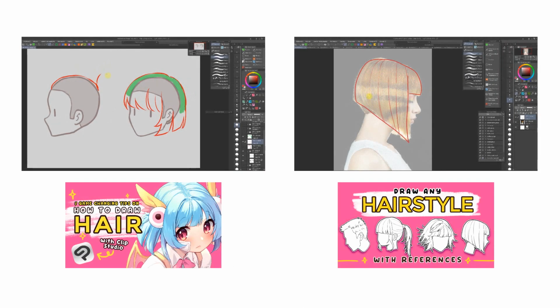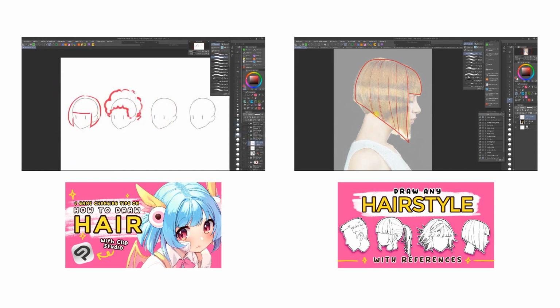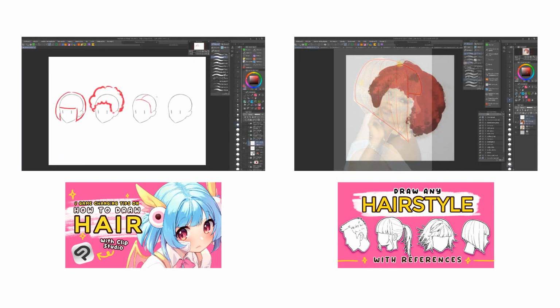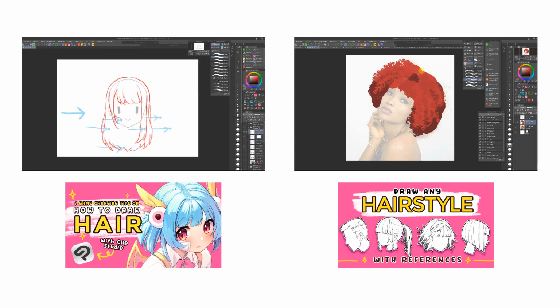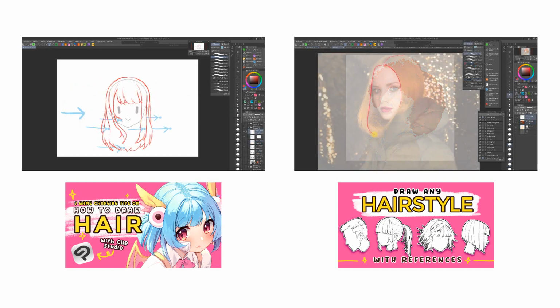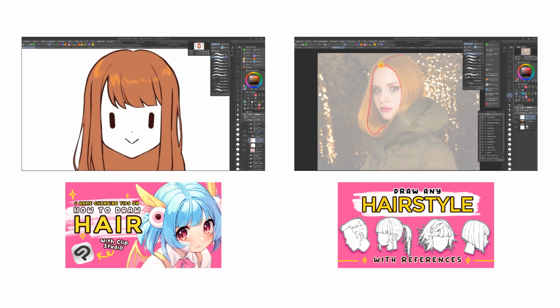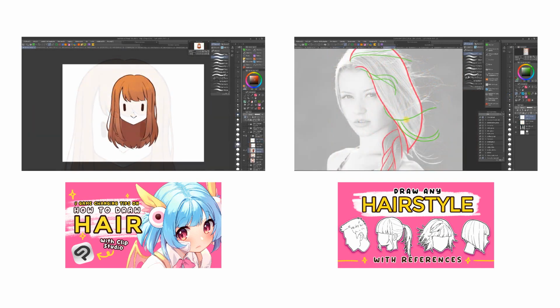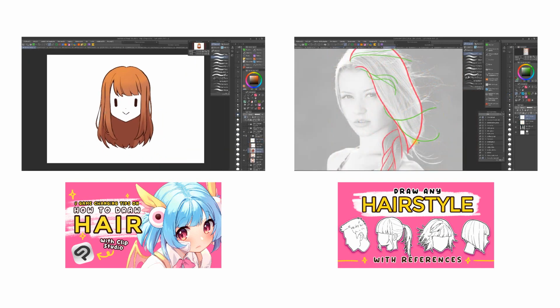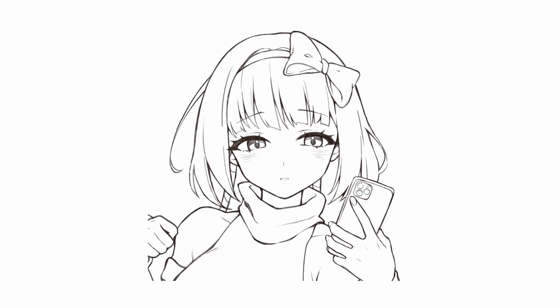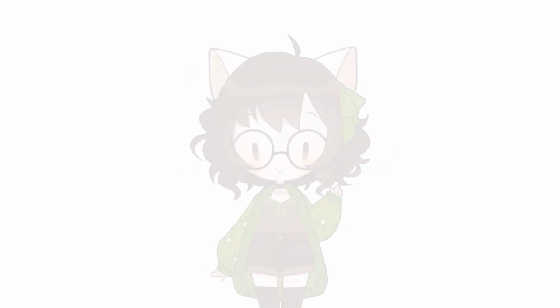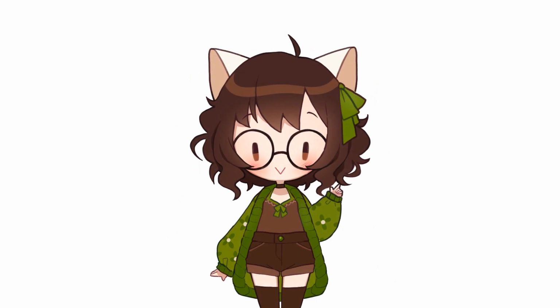A while ago I made a couple of videos about drawing hair, but I didn't go into much detail about the coloring or rendering stage because it's quite a wide subject. But as much as it's important to know the key points of hair structure to draw it well, understanding how to translate its 3D sense through the rendering process is also vital. Otherwise you just have a pretty line art with a colored mess. So today I'm going to show you how I approach shading the hair in my illustrations.